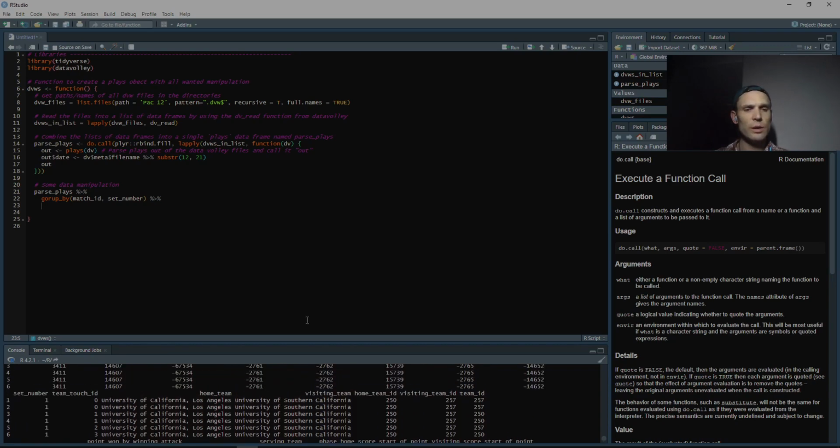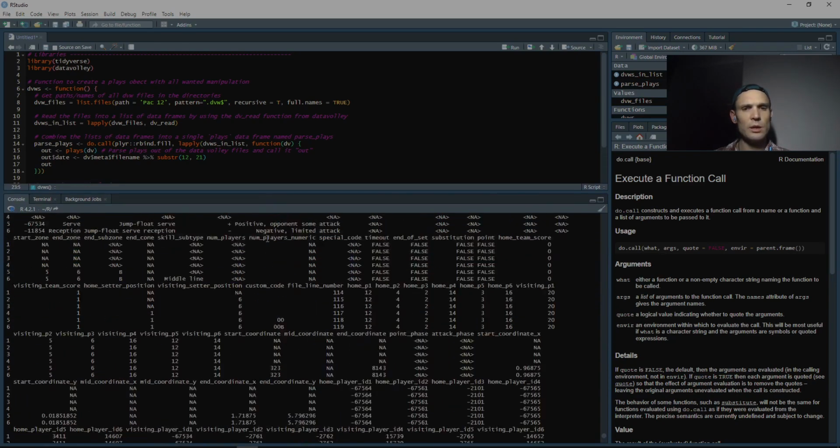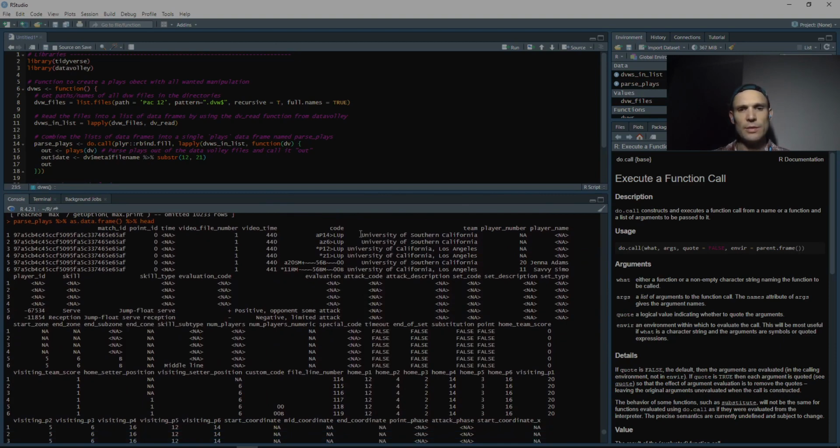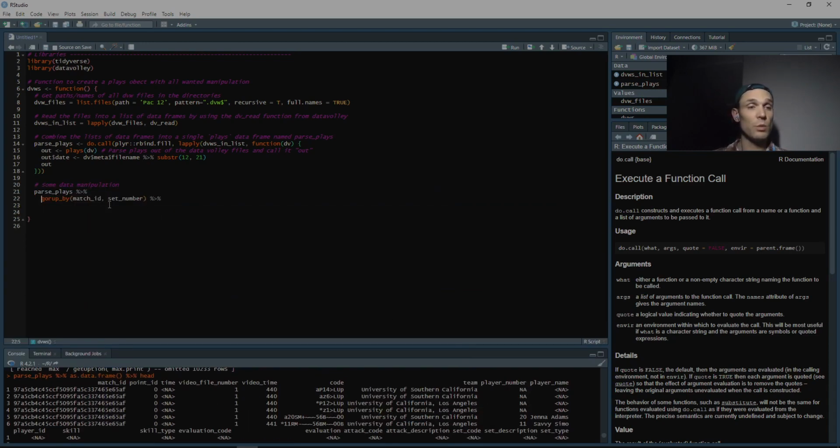So I want to know, so you can see at some point in the data frame here that this is a team, this is a team, this is a team. So I want to know if that team won the set as a 1 or a 0 value. That's something we can do here, and that does not say group, that says GORP. And we're going to say mutate set1 equals if else max home team score is greater than max visiting team score, and team ID equals home team ID, 1,